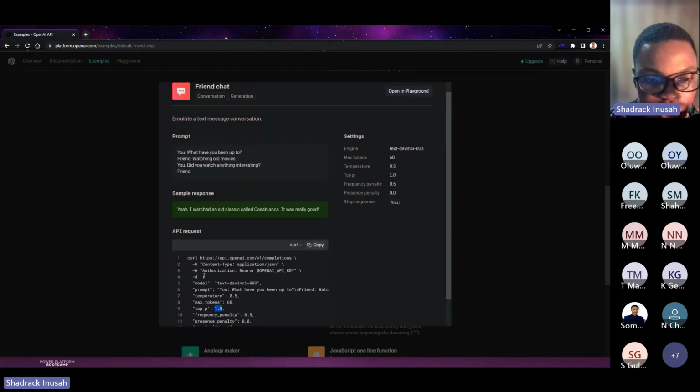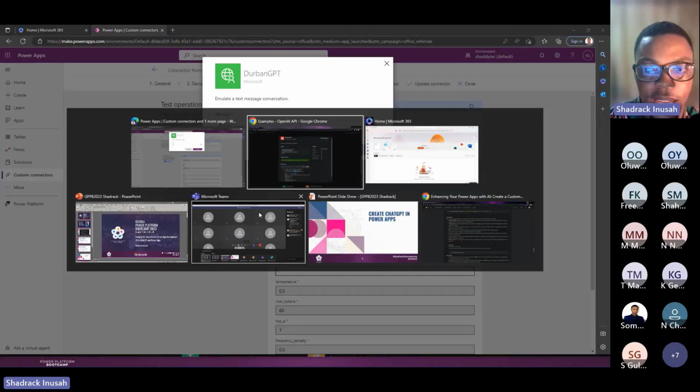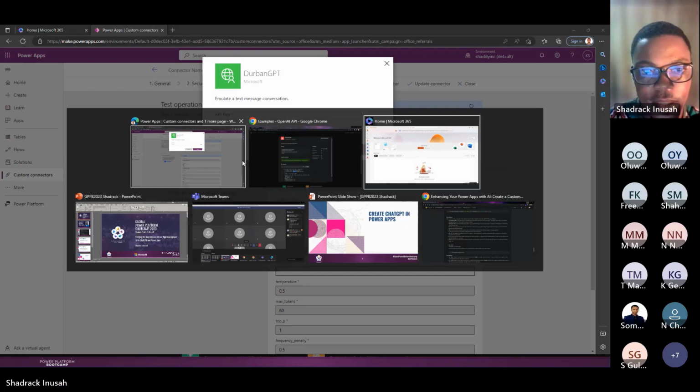All right, so you realize authorization, right? Bearer, then your API comes in. So meaning this bearer is very important, that it has to come first before our API. And now to get the API,